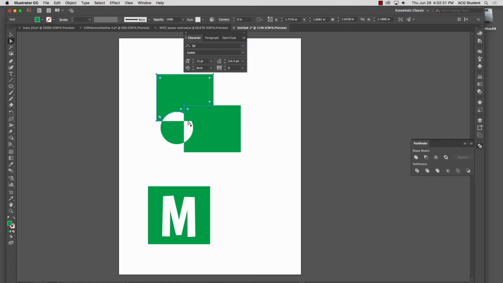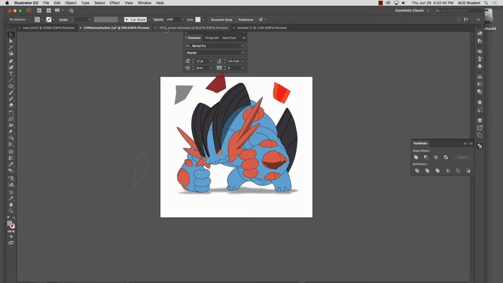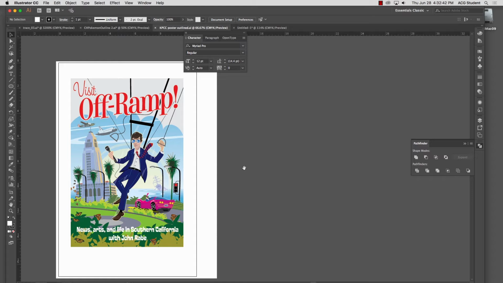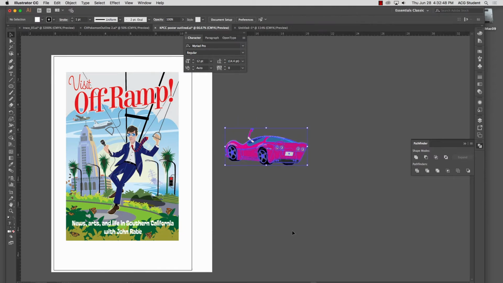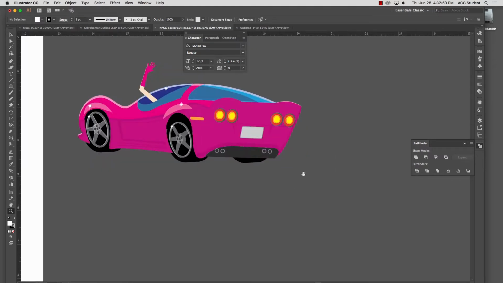Okay? And you're going to start using this a lot. And one of the ways that we use it, so again, I want to look at this right here. Let's look at this real quick. This car,